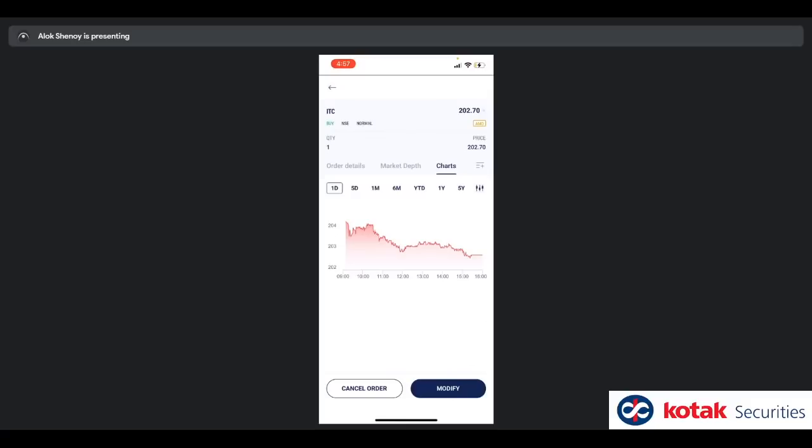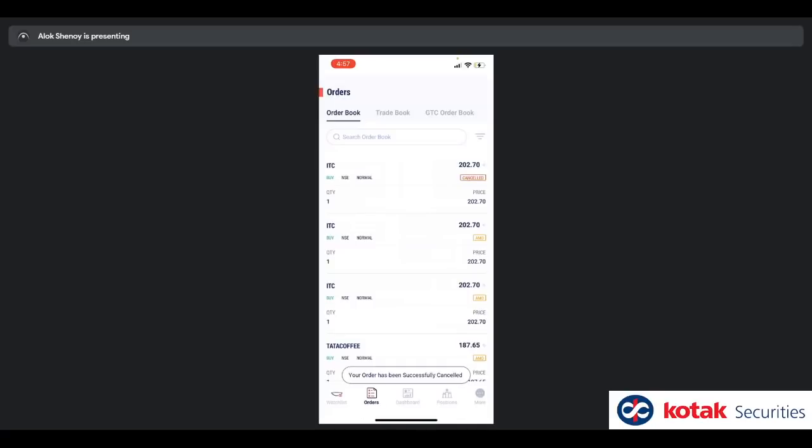The two actions most commonly that people would like to do from this screen is cancel the order or modify the order. That's possible from here, down below, the blue button and the white button, right? So in this case, I'm just going to say cancel order and say yes, cancel. It's as simple as that. The order has been successfully canceled.